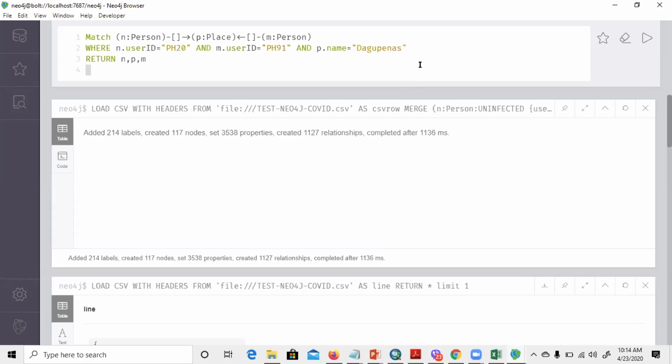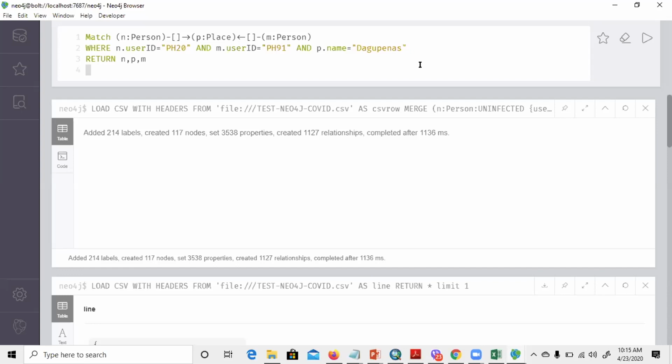So you'll see, we're looking for a node that is somehow related to another node which is called place by a certain relationship. Because we did not specify the relationship, it means any relationship will match. And then you can see a directional arrow, right? So we're looking for people with any relationship going to that place. And on the right side, we're looking for another person with any relationship going to the same